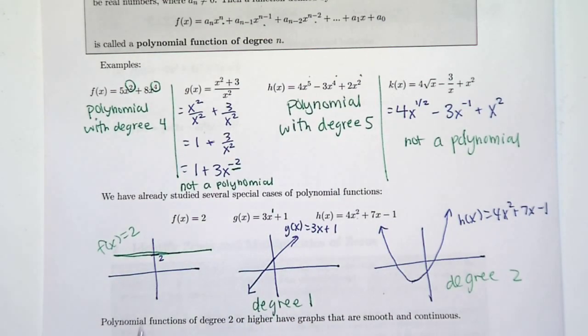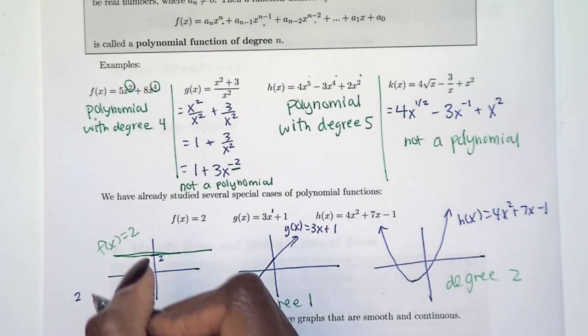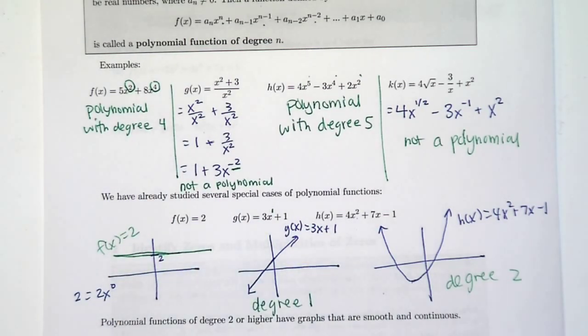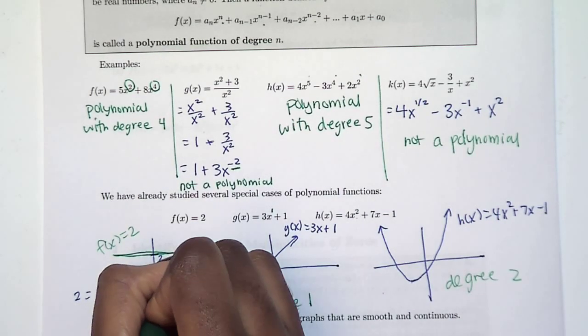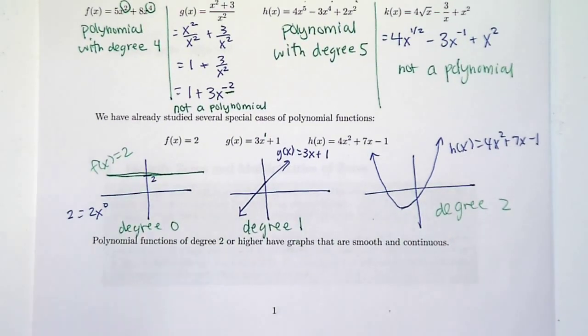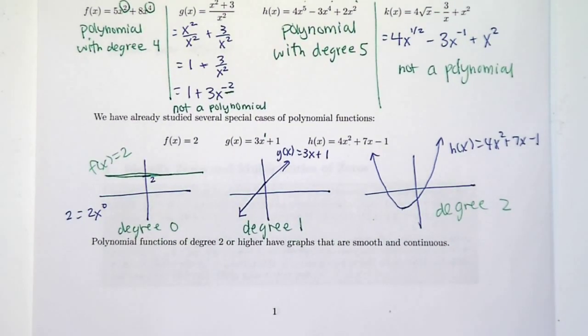And then finally the highest power here, well, let's think about it. 2 is the same thing as 2x to the 0, right? Anything raised to the 0 is 1. So this has degree 0. All right, so all three of these are polynomials, and we can get even bigger with our exponents, and they're